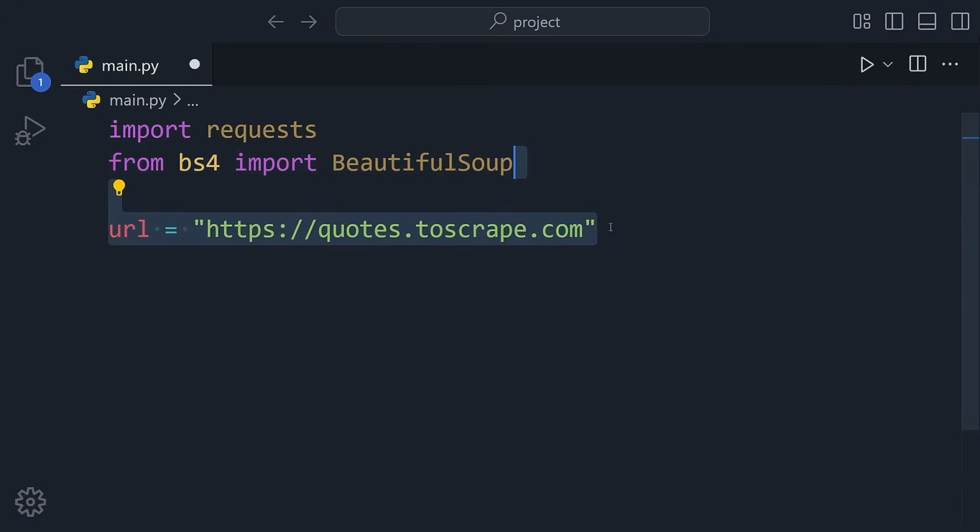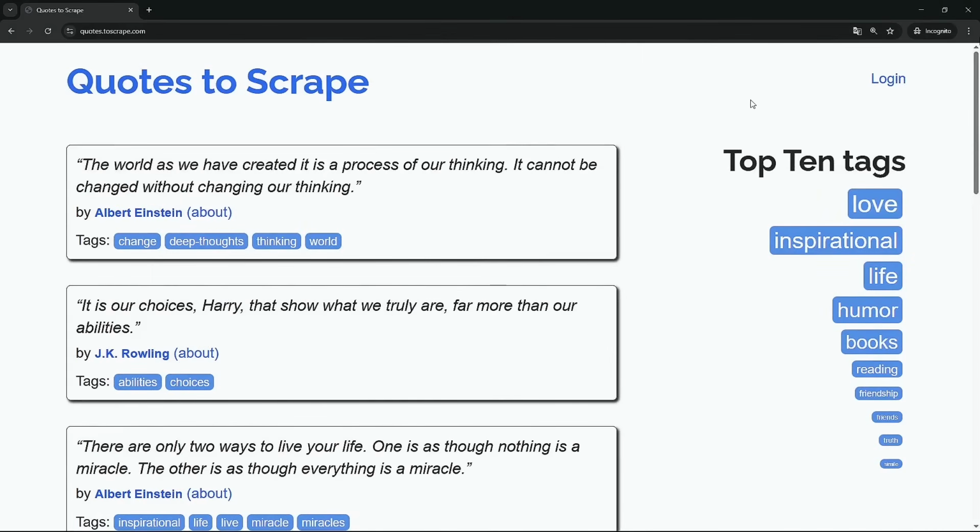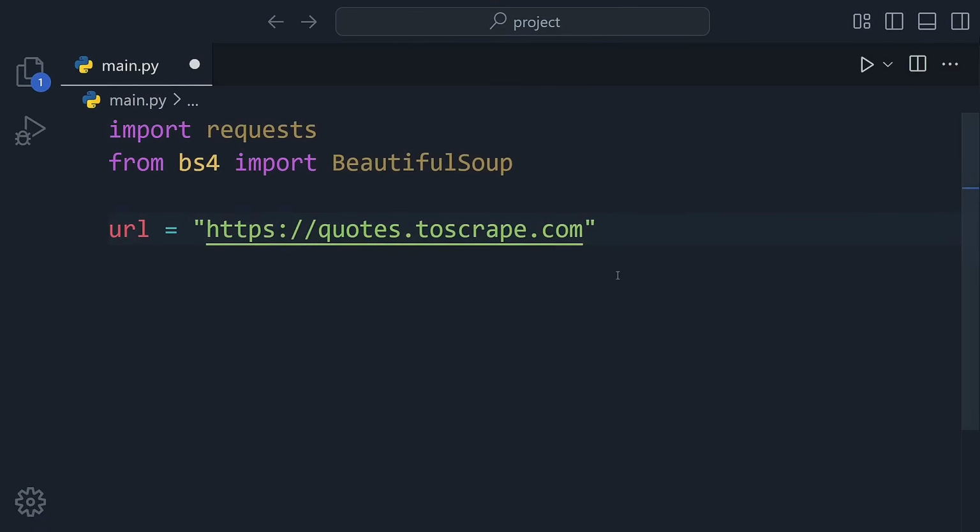Next, we set the URL to the website we want to scrape. As you can see on the screen, this is a simple page filled with quotes and author names, perfect for beginners. Then we make a request to that URL using requests.get, and we pass the response to BeautifulSoup to parse